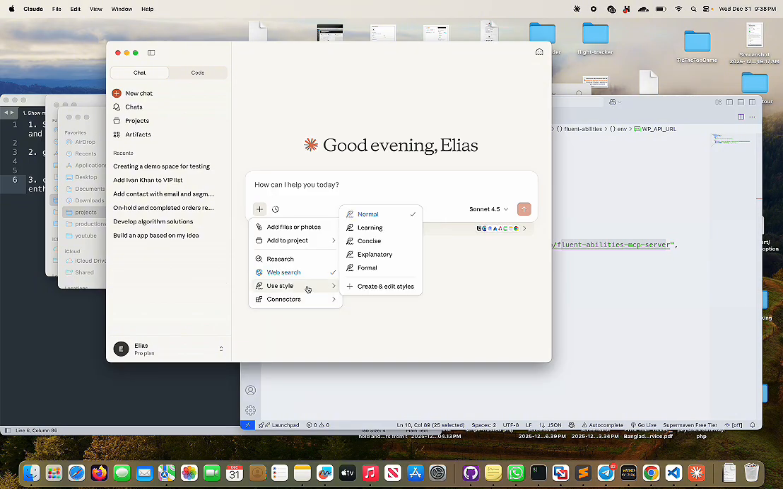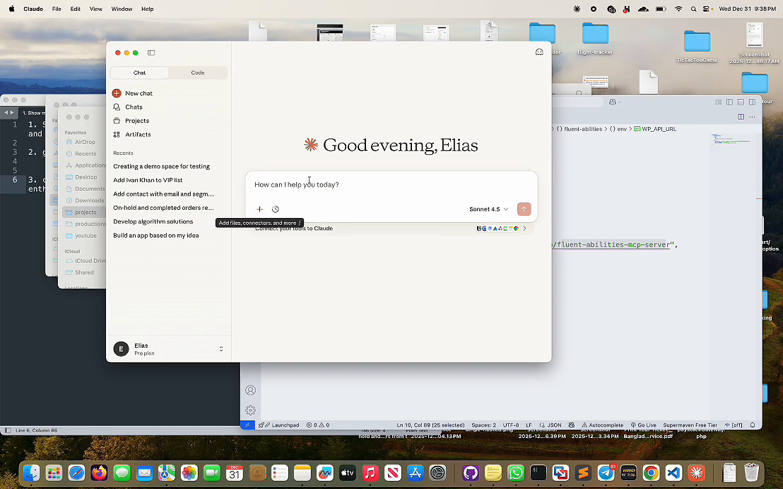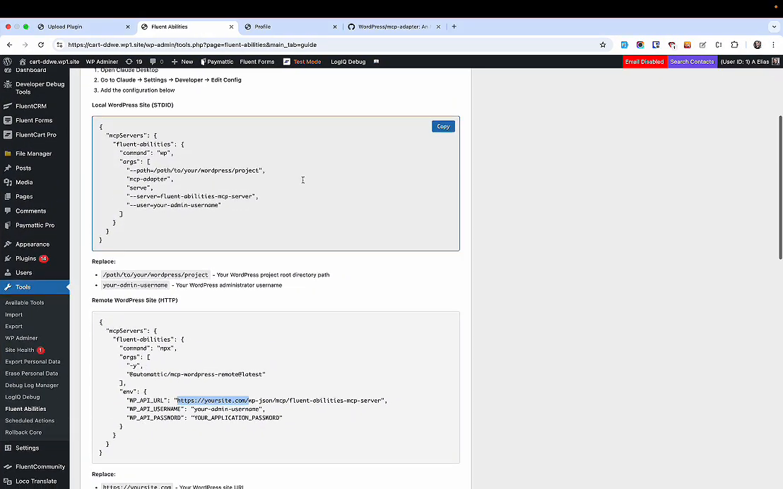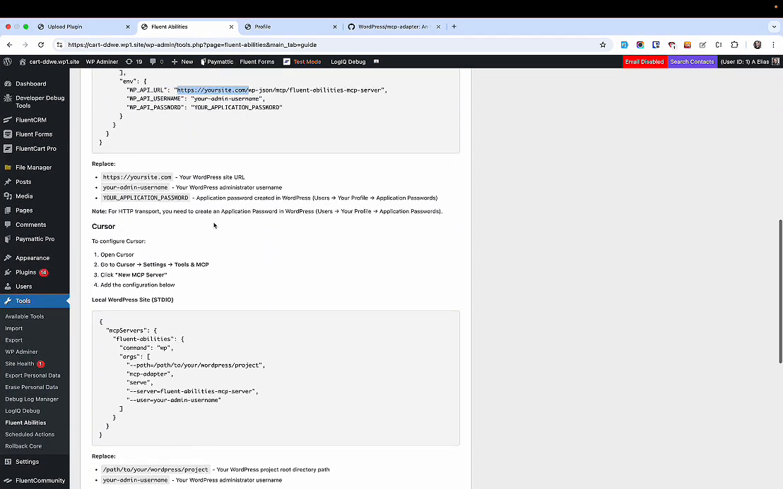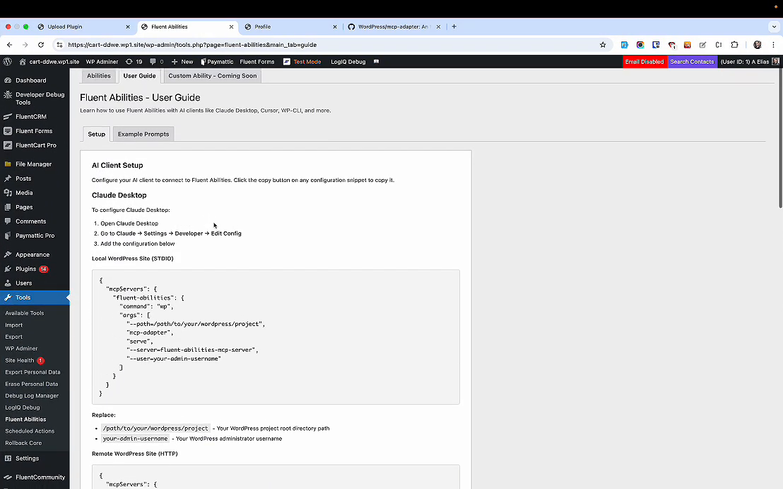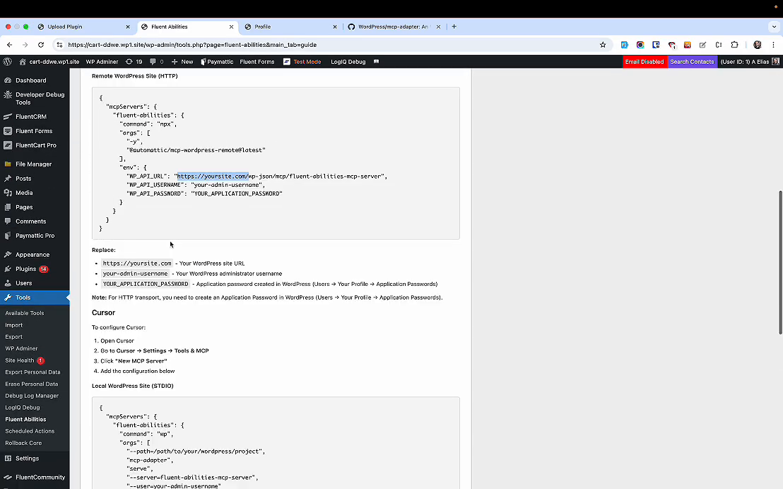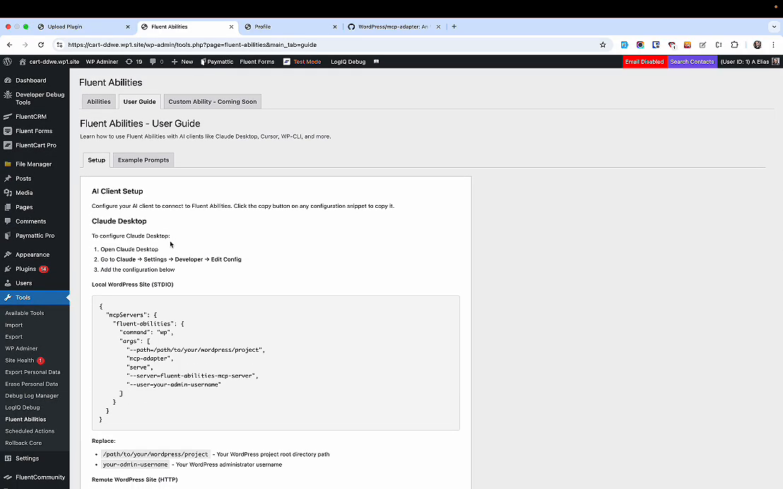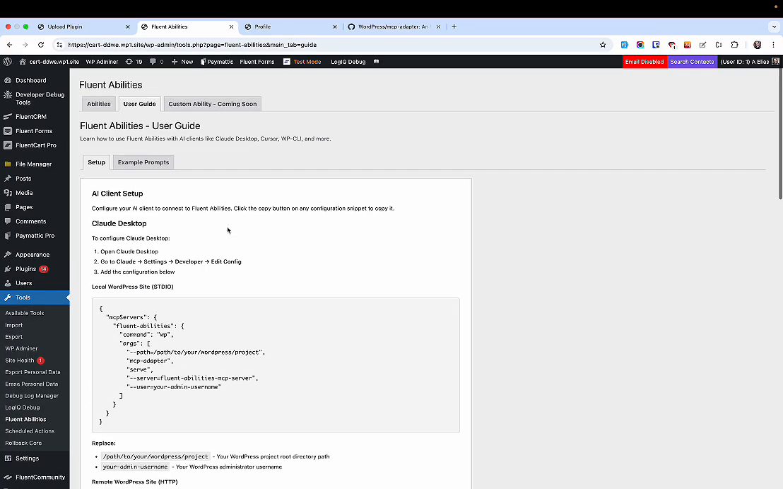Okay, so we have our abilities connected to Claude. So the setup is almost complete. You can do it with Cursor, VS Code also. Right now we have Claude and Cursor examples. I'll be adding the VS Code setup. So anyway,